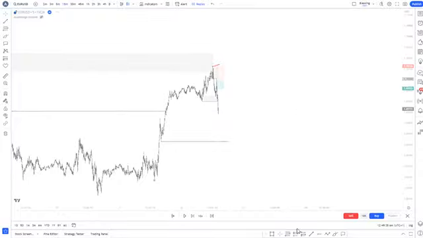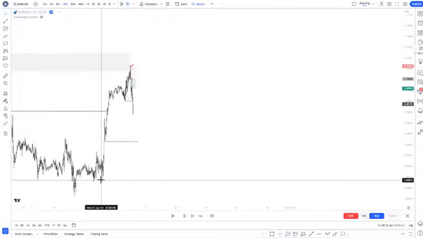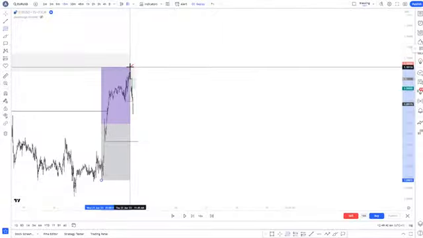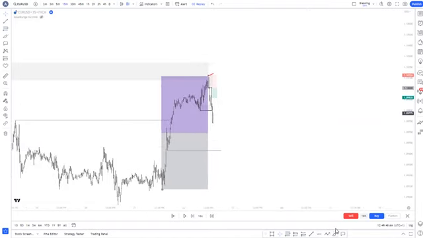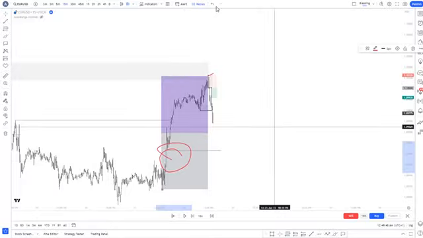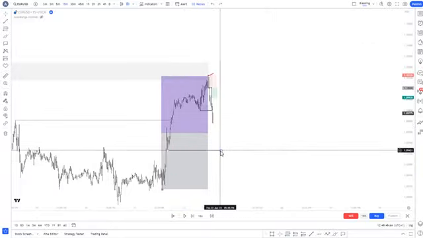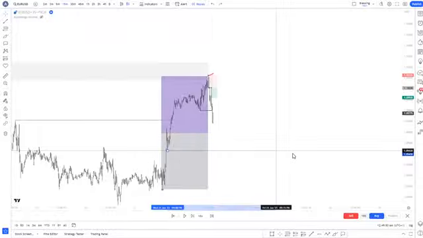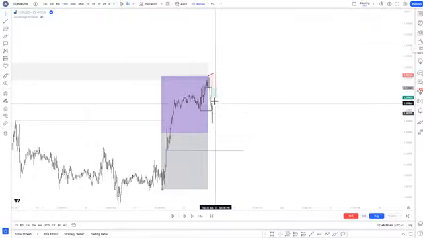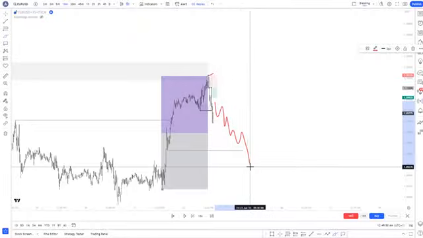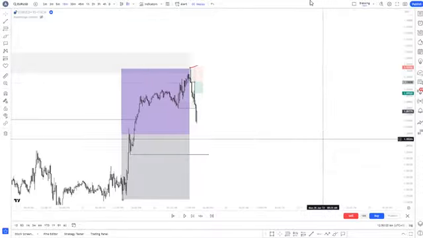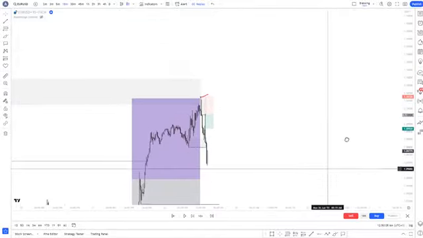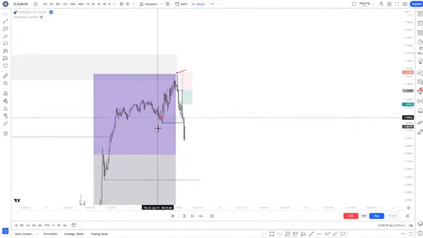Let's go to the 15-minute time frame. We have a range from this high, and we have a range from this low with a valid high. So where are we targeting? The discounted leg, and not just any place in the discounted leg, but the internal range liquidity of the discounted leg. This is the internal range liquidity within the discounted leg. So we are expecting price to sell to the discounted leg, and we continue the buy to the upside. And remember our first confluence was that this low is the internal range liquidity.